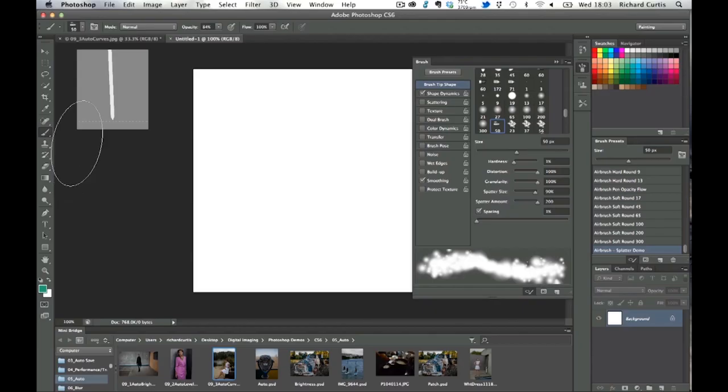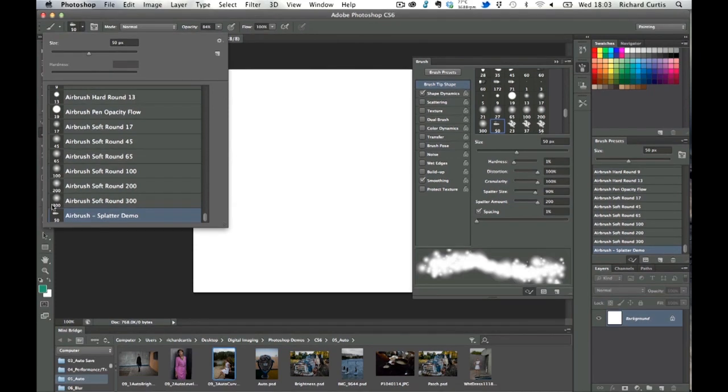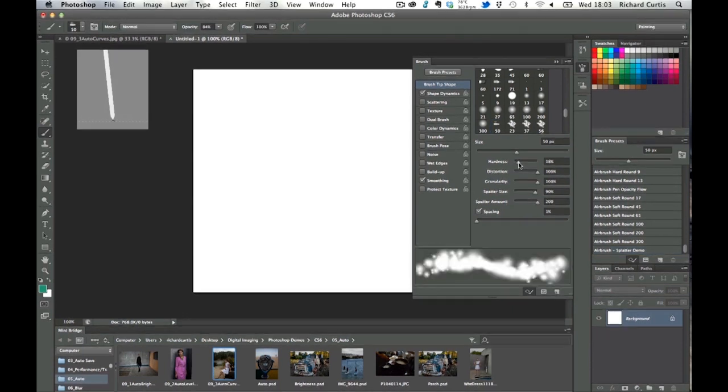And the Airbrush tool, I also have an Airbrush selected as well. I'm going to choose this airbrush down here, which I've just created to show you because it gives you a really nice effect. Now this airbrush has got on the brush tip shape, if I look at the brush settings, a nice size, a hardness which we can modify, a distortion of 100%, clearing out to 100%, a large splatter size. It's going to give us a nice splatter effect, so we can see that on the airbrush, which is typically